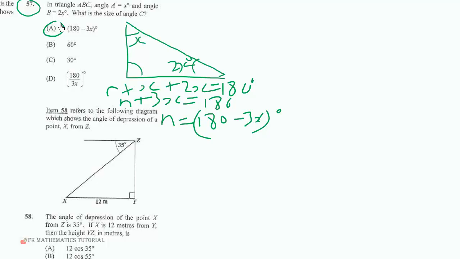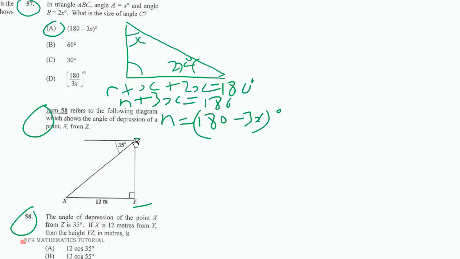Now let's look at item 58. Item 58 refers to the following diagram, which shows the angle of depression of a point X from Z. The angle of depression of the point X from Z is 35. If X is 12 meters from Y, then the height YZ in meters is